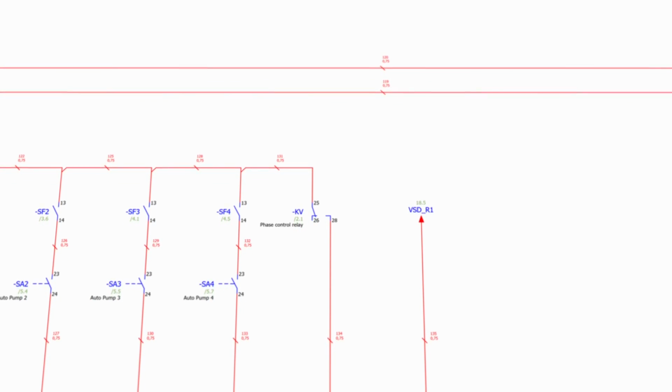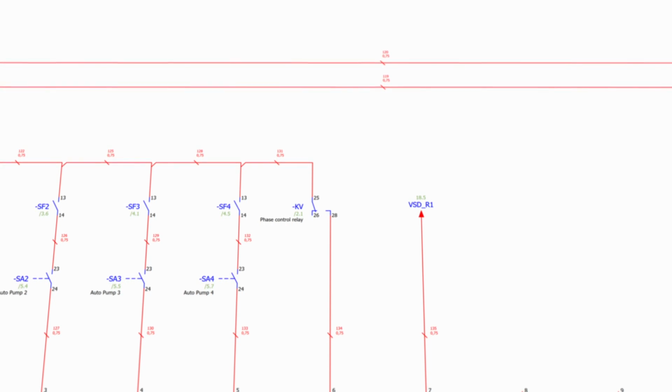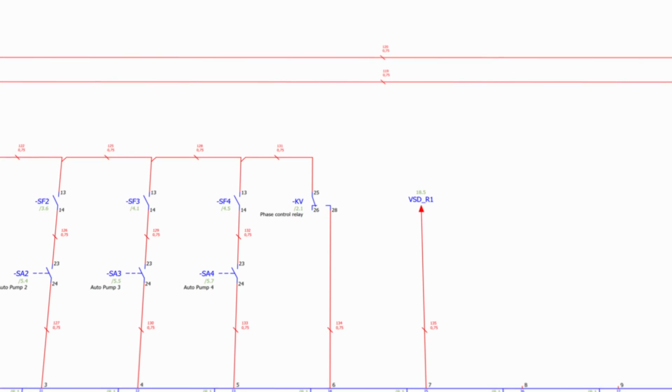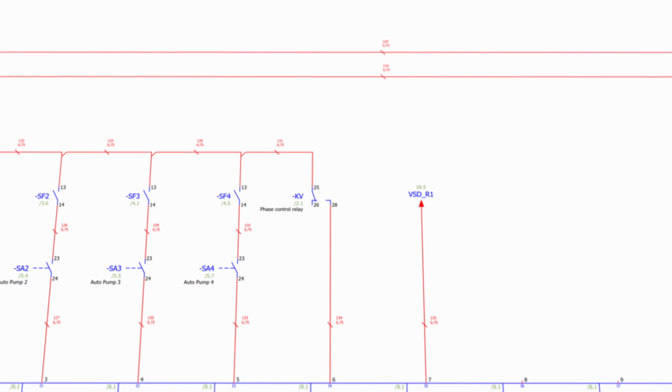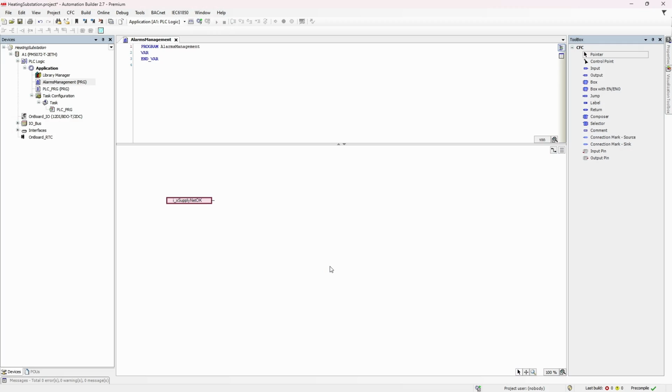That's why we need to have a quick way to switch inside control application between NO and NC type of contacts.